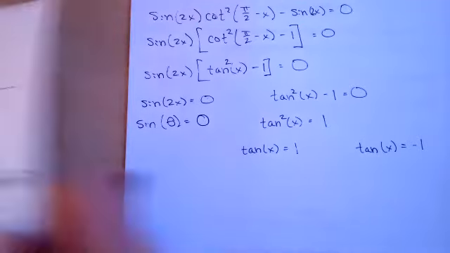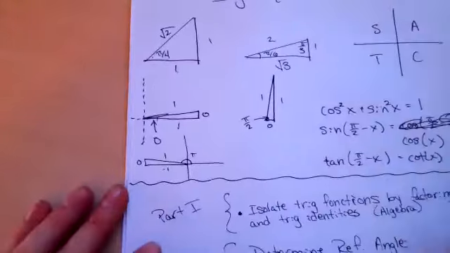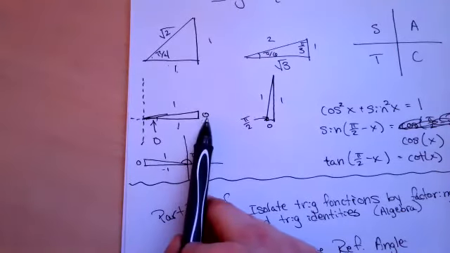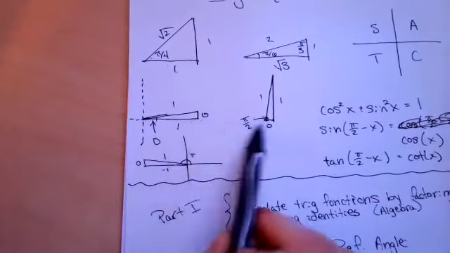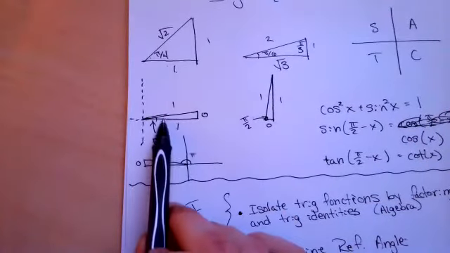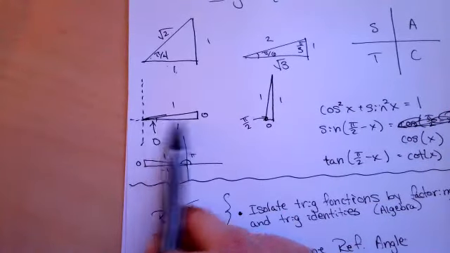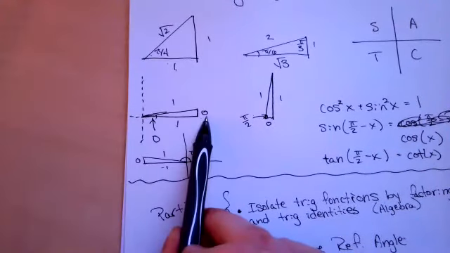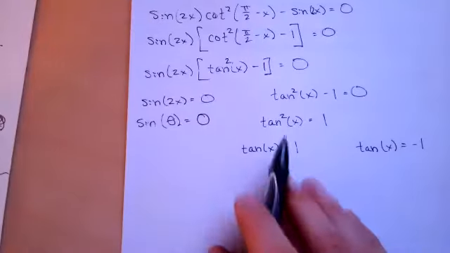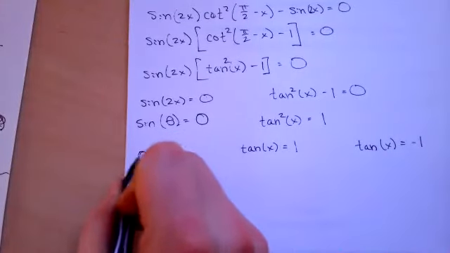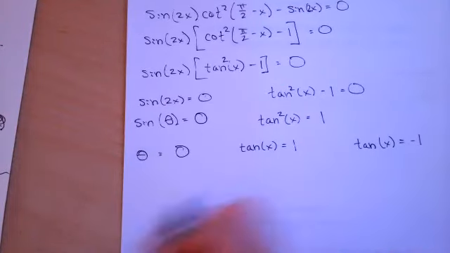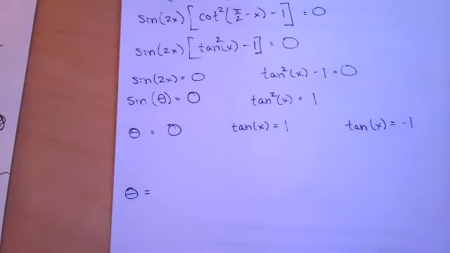So pull up our reference sheet. Which triangle has sine equal to 0? Because the only triangles with zeros appearing in their side lengths are these degenerate ones. So this angle here, if we see sine of that, is going to be 0 over 1. So sine of 0 is 0. So one of our solutions is 0. And the other solution is